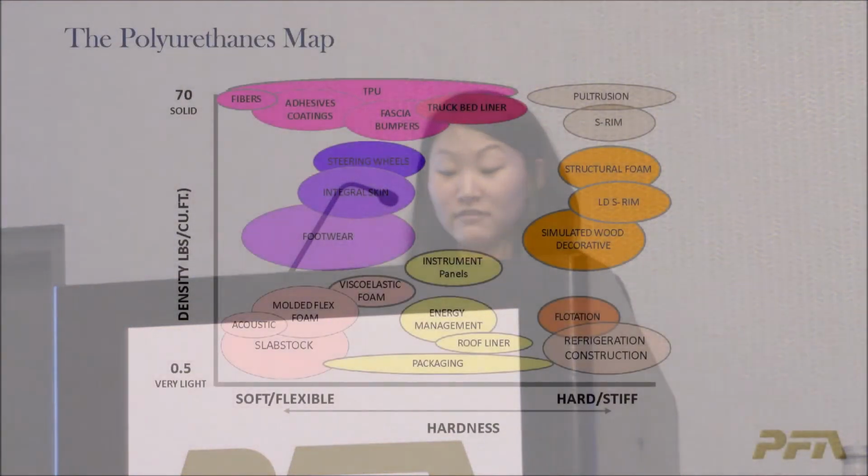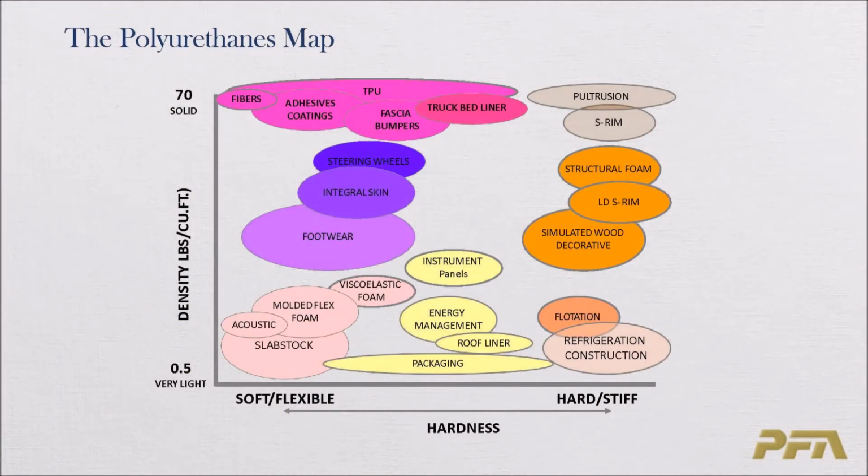I'll be focusing on applications in flexible polyurethane foam. So I have this fabulous map that Chris uses in these presentations very frequently. It shows a range of densities and hardnesses and really covers a lot of different applications that you can see in the polyurethane industry. Not just flexible foam, but for example, you can see higher densities and higher hardness. You can find extrusion, F-rim, and you can go as soft and low density as Slabstock foam, molded foam,